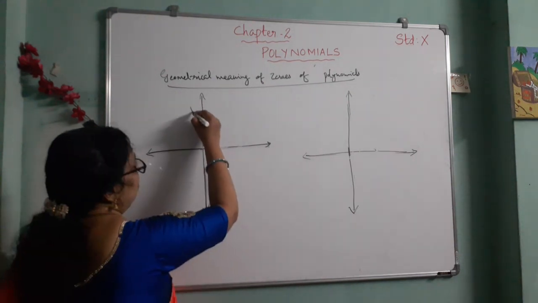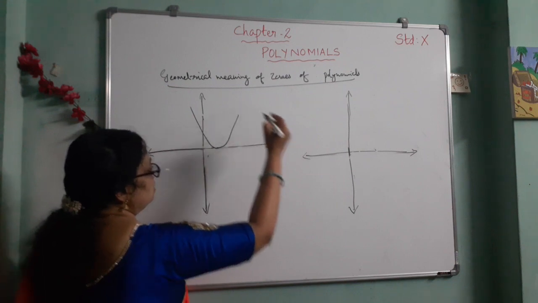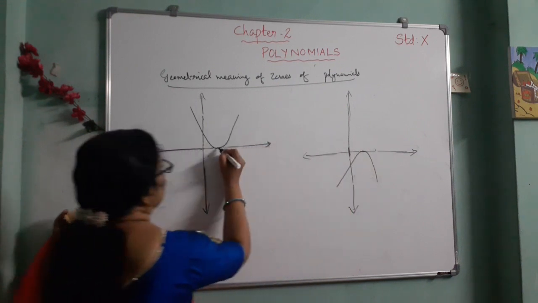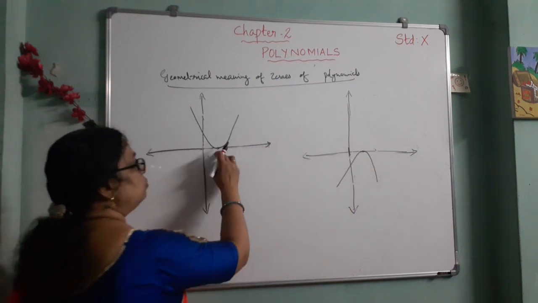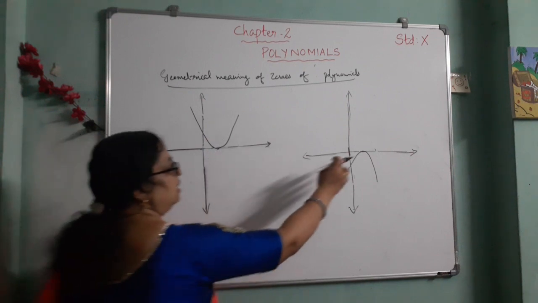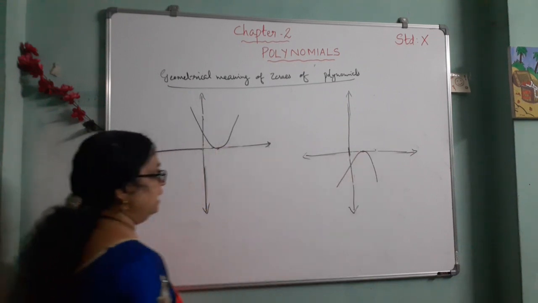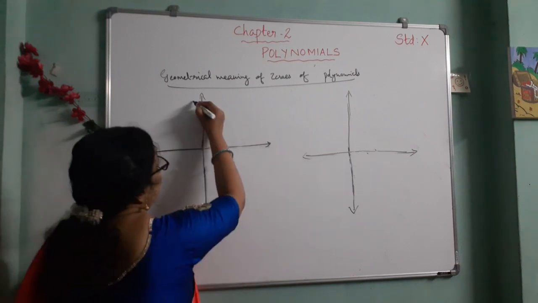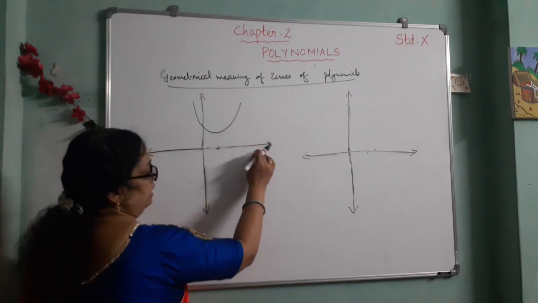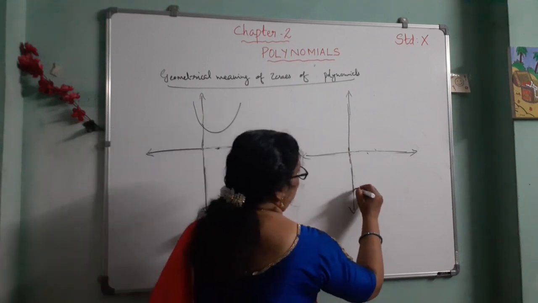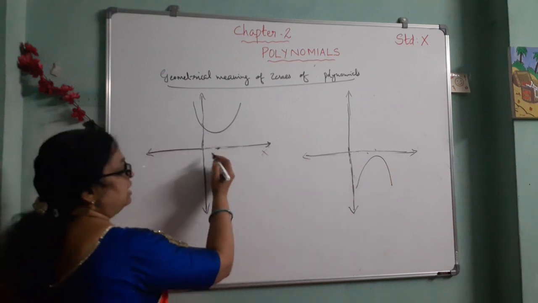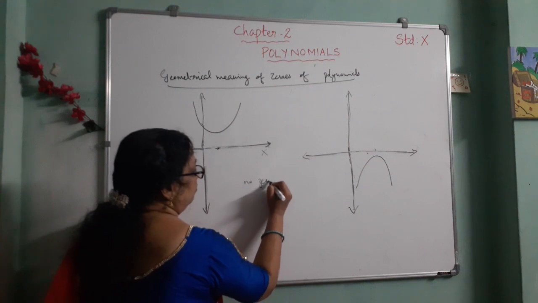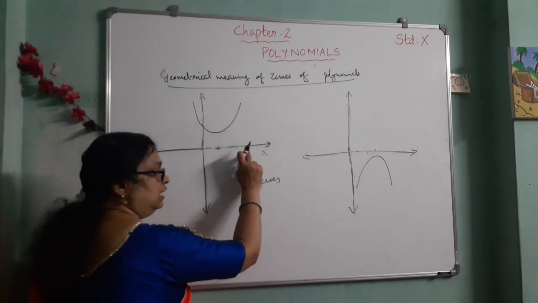Okay. Then listen, sometimes the curve is in this way. Here only one point, the two points coincide on the x-axis. Here also the two points coincide on the x-axis. Here there is only one zero, that is, the same zeros are there. Sometimes the curve is completely above the x-axis, and sometimes it is below the x-axis, that is, not intersecting the x-axis. In this case there are no zeros because the curve is not intersecting the x-axis.